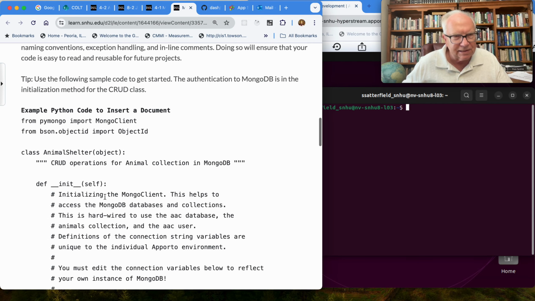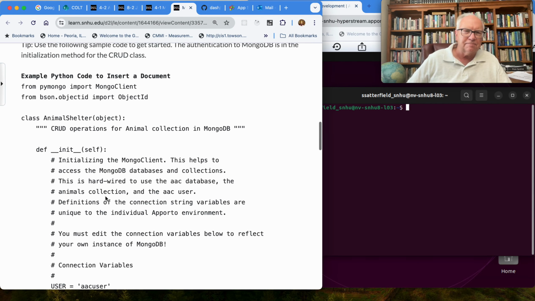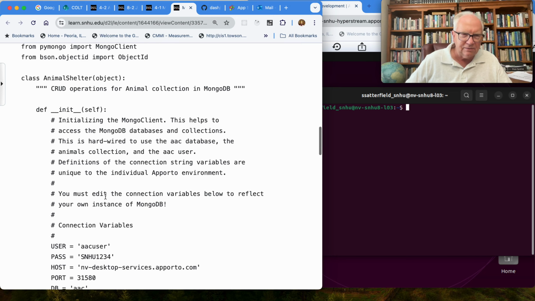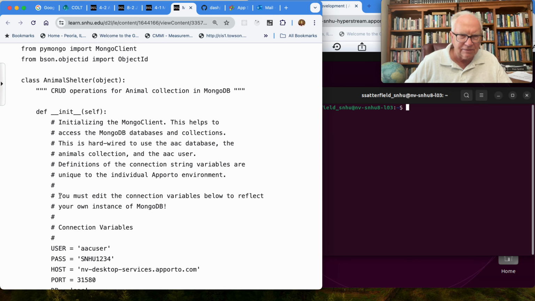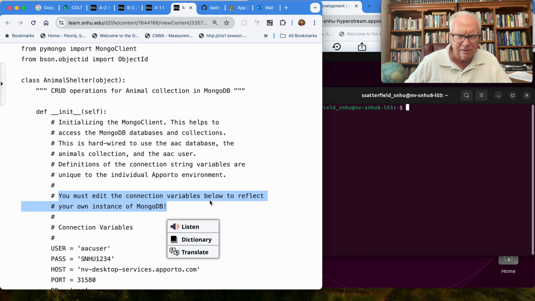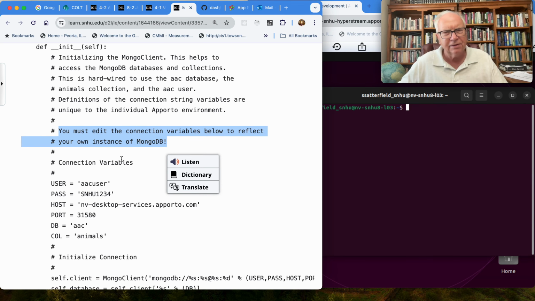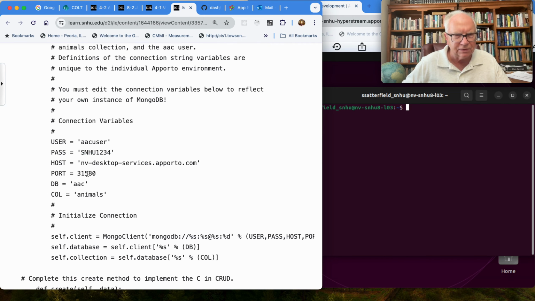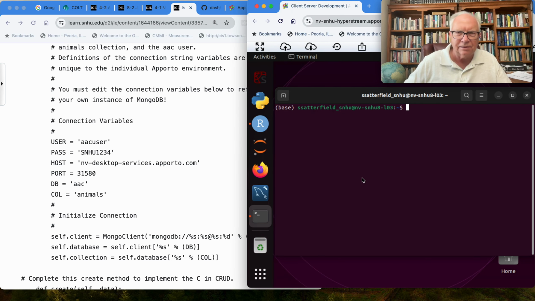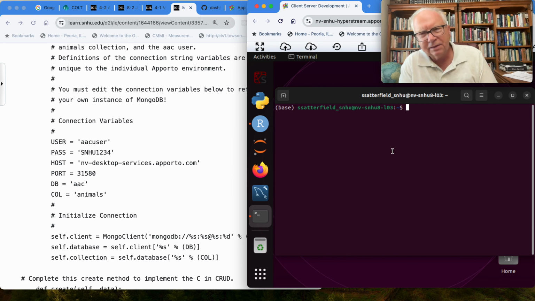Now here's some example code to get you started. Now you've got to look at this. It says that you must edit these connection variables below to reflect your own instance of MongoDB. So if you just use this port, for example, as is, it's very likely not going to work. So what you need to do is open up the